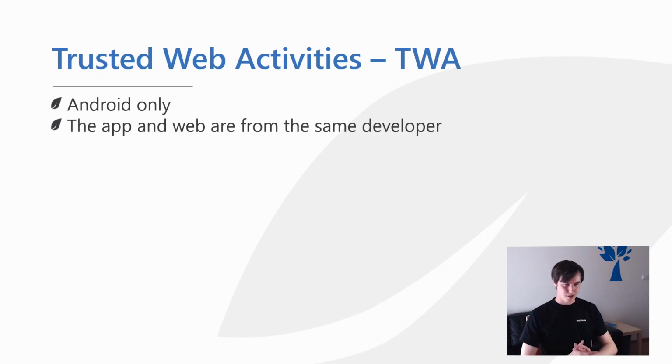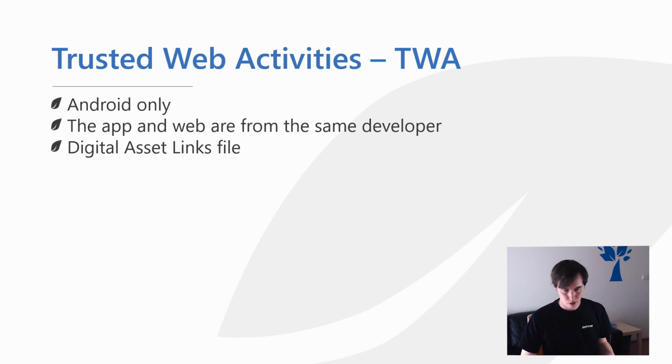The trusted part of the name suggests that this is a technique that you can use to tell that you are both the web developer, that you own the website that is running in there, and that you are the app developer, so that you created the actual application. You need to upload a file to your web server so that you can connect them with your application, and so that the application knows that, okay, this is the actual server that I was created for, and it's not showing some scam content. It's called a digital asset links file, and